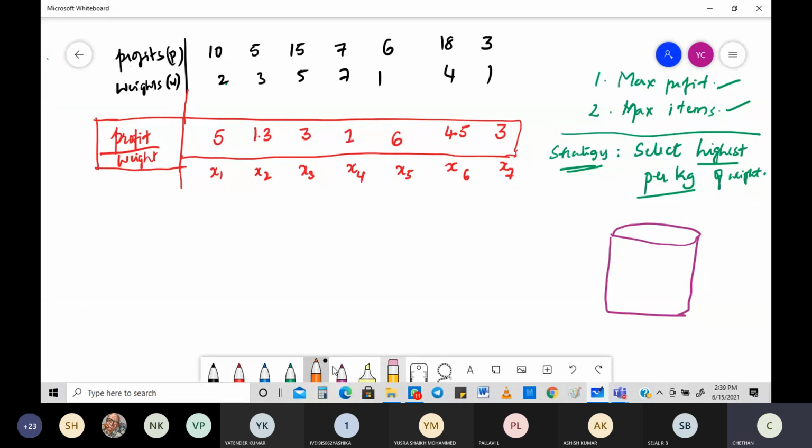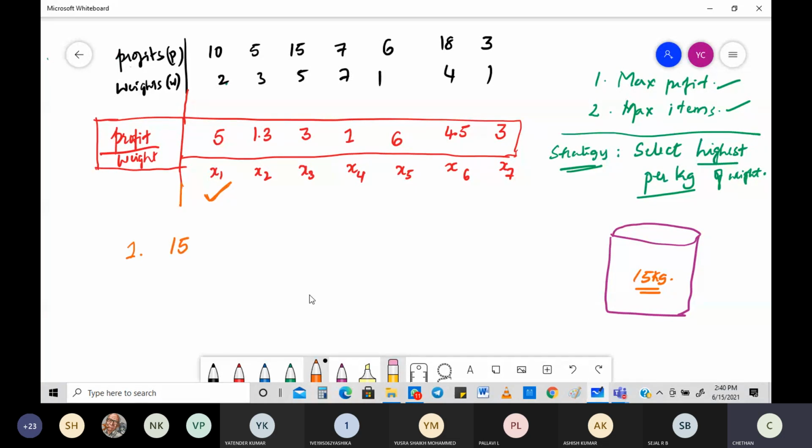Now look into this. What is my first strategy? I'll take the maximum weight and put that into the knapsack. So first, what is the maximum per unit weight here? This is nothing but 5. See this? This is a 5. So first I'm going to take this one. What is the weight that you're going to put here? That's very important. The maximum is 15 kg only, not more than that. So 15 kg is remaining.